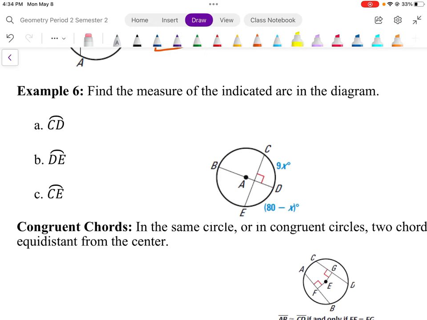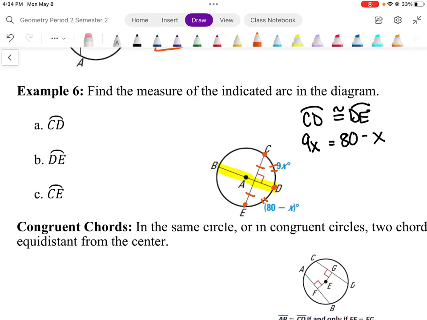With these, when you have a diameter and a chord that it intersects, it not only cuts the chord in half, it also cuts the arc in half. So those two arcs that are formed are going to be congruent to each other as well. So in this one, CD, that arc, is going to be congruent to DE. Then you can set up your equation